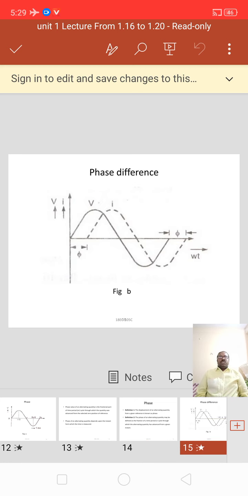Now, this figure shows the phase values of the two alternating quantities, that is voltage and current. Here voltage and current correspond to the y-axis and time corresponds to the x-axis. Here time is shown with the help of the angular value omega t. Voltage starts from the 0 point and current starts from some difference, that is pi. The two values, voltage and current, differ by some value, that is pi. It is nothing but the phase difference.